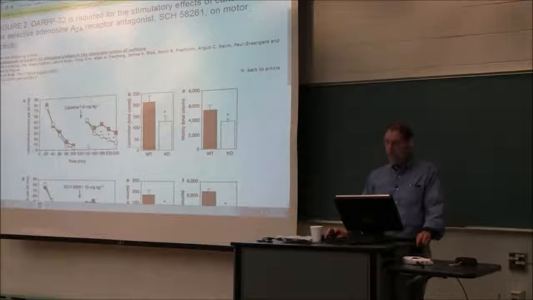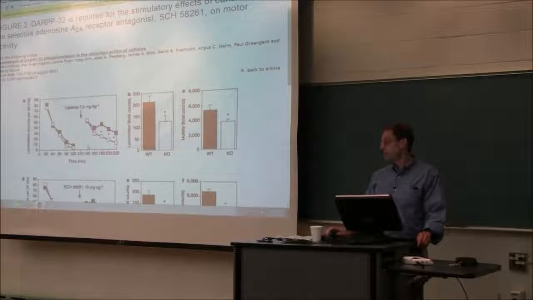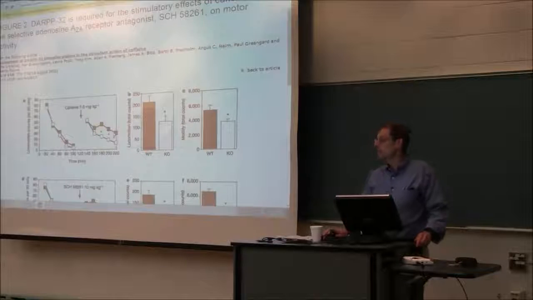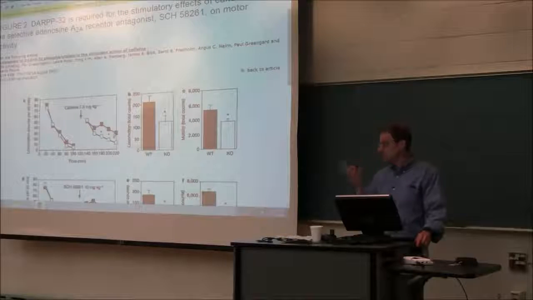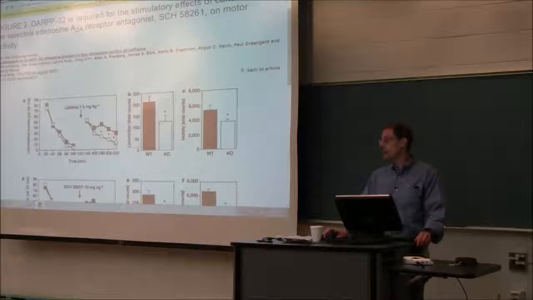So looking at the immediate response, at activity in 20-minute intervals, the response is the same whether the mouse has had caffeine or not. So it's just as stimulated. But then if you look at longer times, what happens is the wild type mouse, in the filled symbols, the response is still greater, so the response continues. The feedback loop is active, so the signal stays on for longer. Whereas in the knockout, the output of the pathway is decreased, so the mouse doesn't move as much.